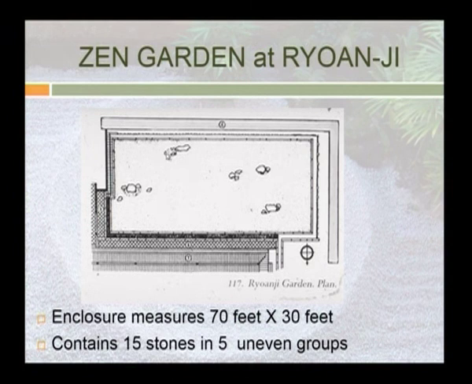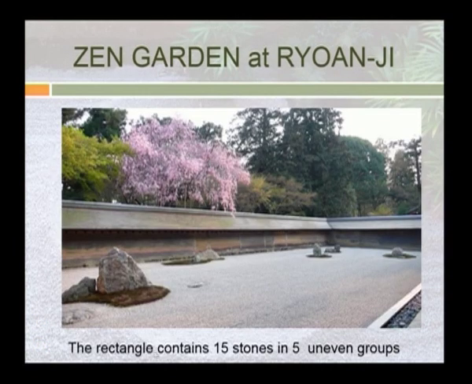It contains 15 stones in 5 uneven groups from left to right. We can see 5, 3, 3, 2 and 3 stones here. And it is said that when we view it from the veranda, at least one stone is always hidden from view. So, here is a view of the stone groups. We can see the forest that is beyond the boundary,